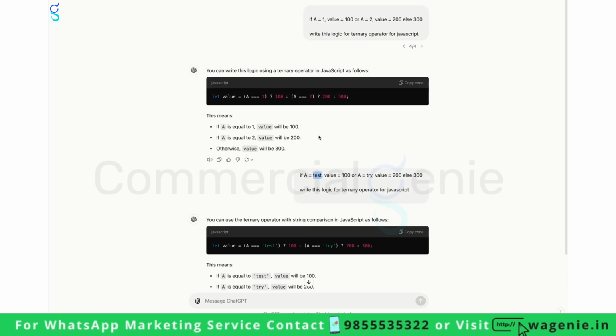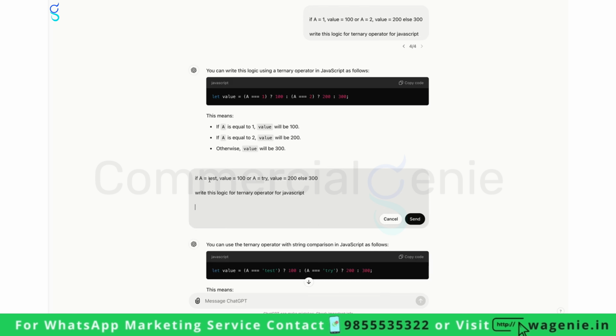Now in case a is a text, the formula changes, so you need to ensure that you write your correct logic here. So let me write a correct logic: if stay 1, that is the stay of first person, equals yes, then I want the value to be 2500. And if stay of first person equals no, then I want the value as 750, else I want the value as 0.